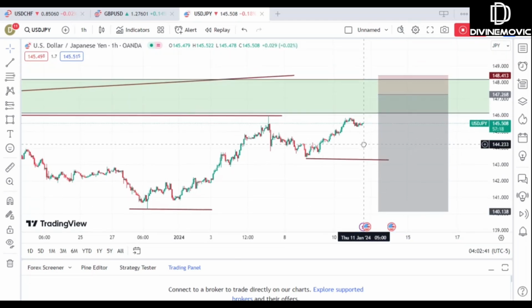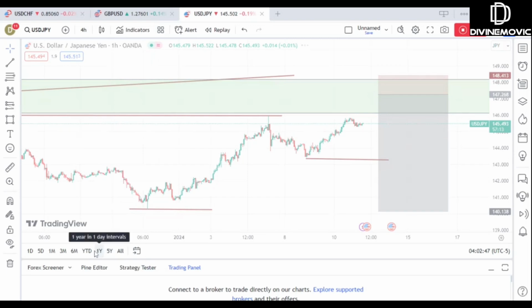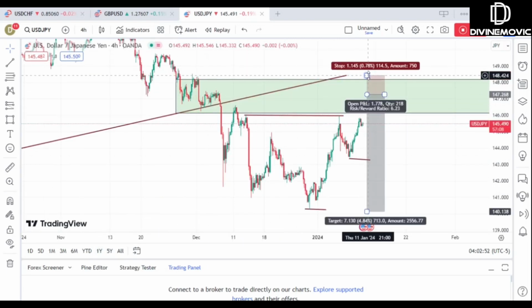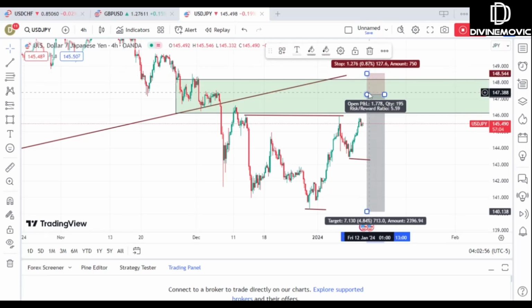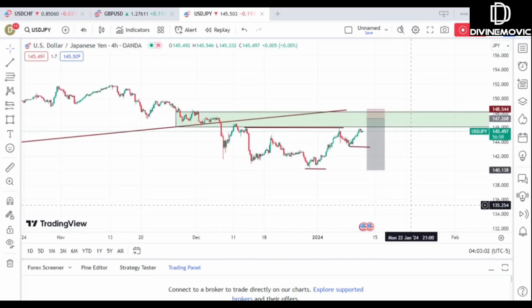So this will be a possible entry for me, and I'll place my stop loss right above this point here. This is where I'll put my stop loss, and this is where my entry will be. So this is going to be a possible setup for me on USD-JPY. But because my strategy is not 100% accurate, there are times it's going to fail